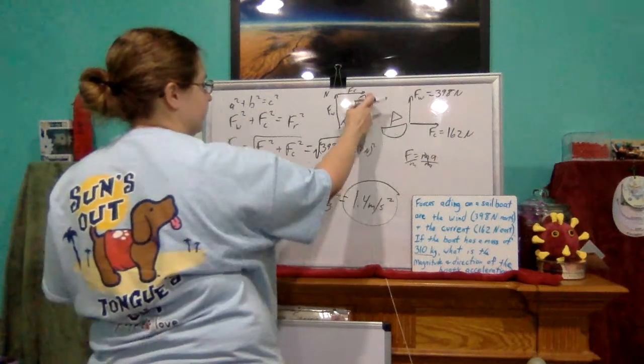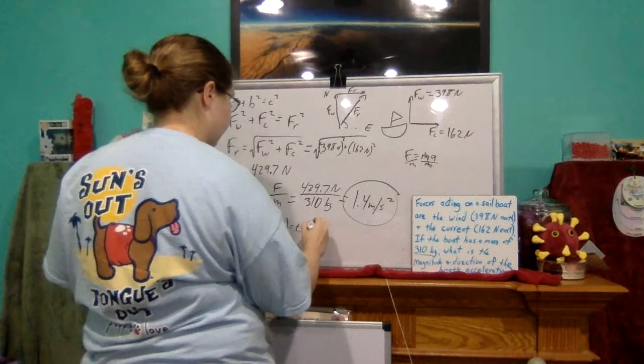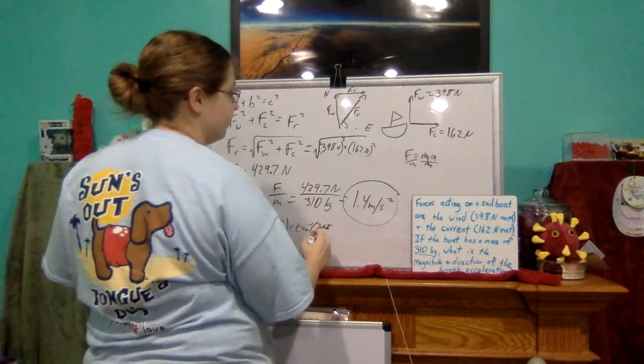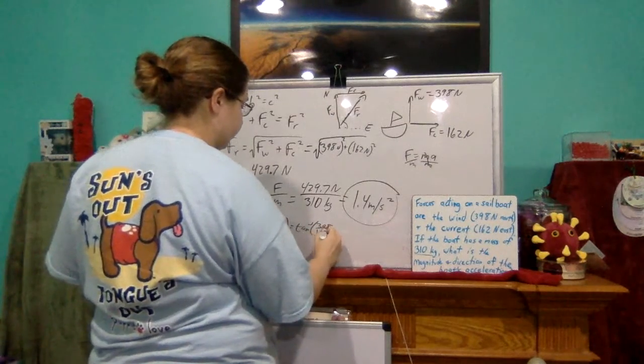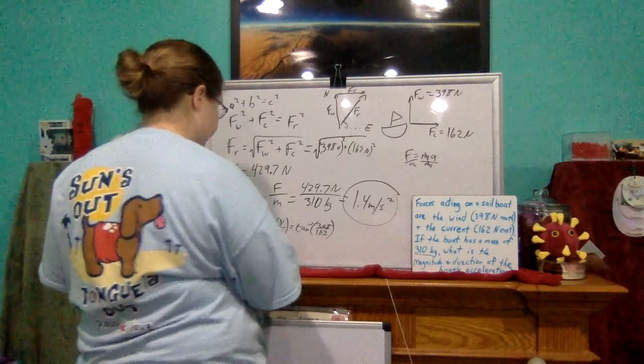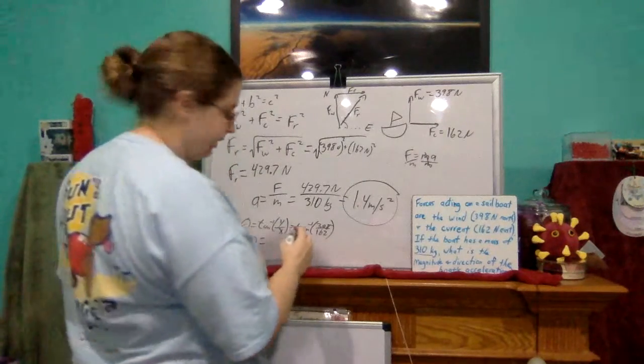The y value is our north value, 398, over our x value, which is 162 newtons. And we get our theta, which is 6.1